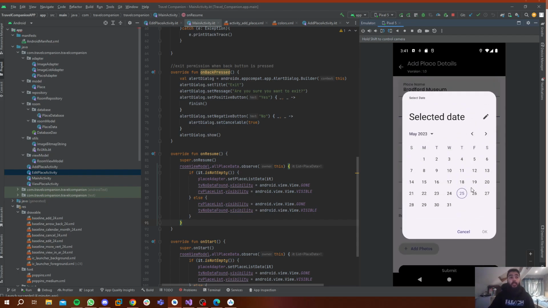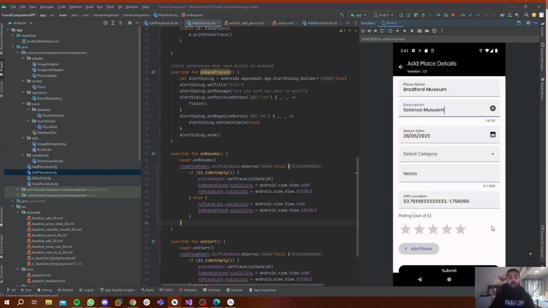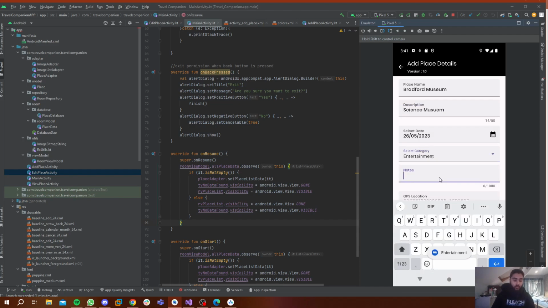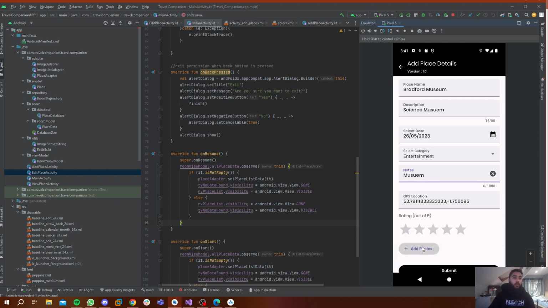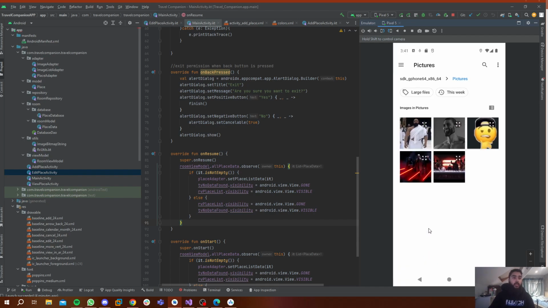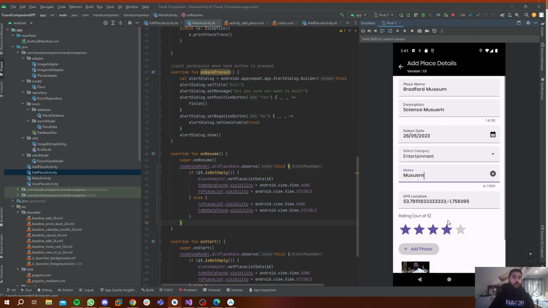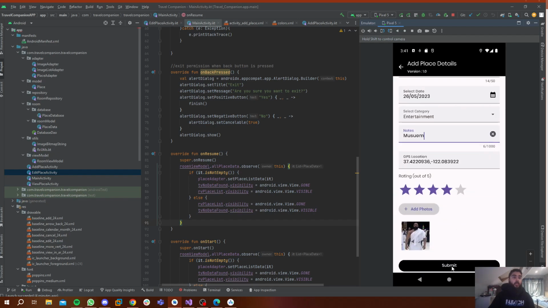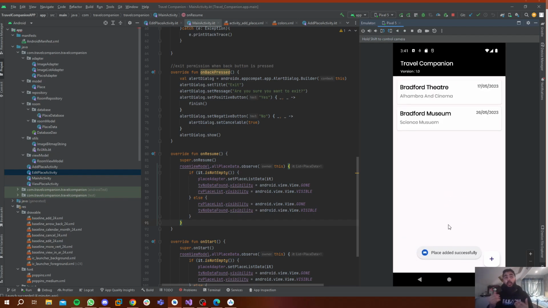Let's say that's be tomorrow. And then we have that as entertainment. Let's give that a rating. And let's just put in a picture and press submit. And as we can see, it has a list view, so we can see multiple. So it goes underneath, and we don't get rid of the